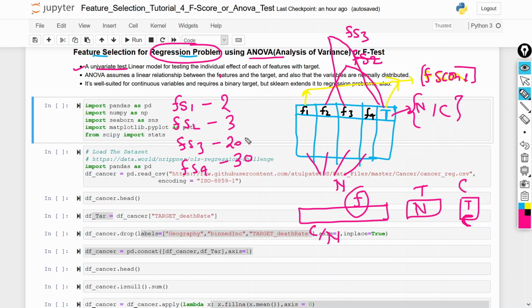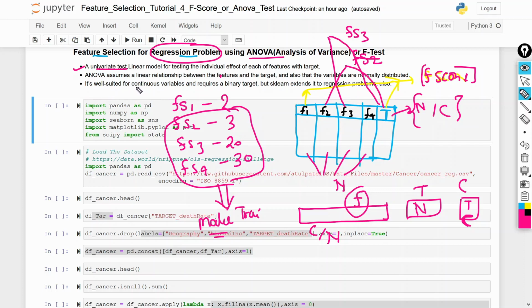So what we used to do, we select the top 2 or top 3 features according to our business understanding. We select these 3 features according to the F score, and by using these 3 features we perform the model training. This way we perform the feature selection with the help of ANOVA or F-test. It means it is univariate: we analyze each feature one by one with the target.